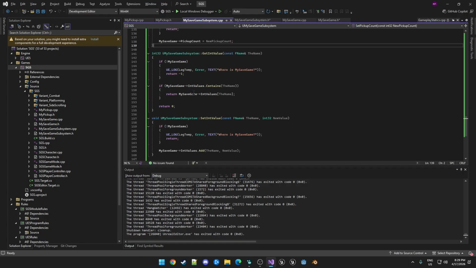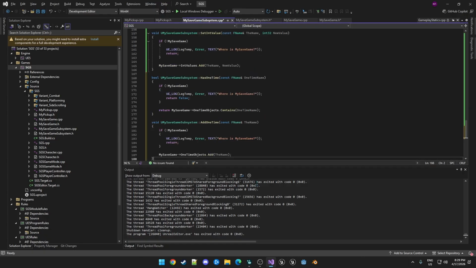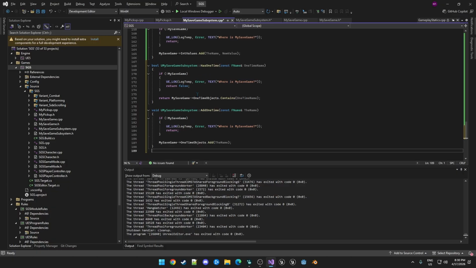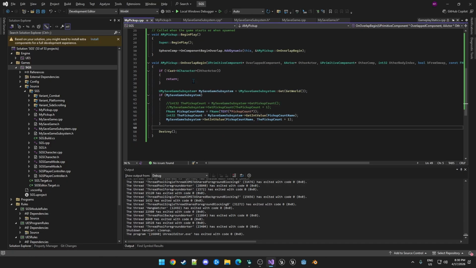The functions for these things are also fairly simple. They both, of course, start with checking to make sure that my save game is valid. In the case of HasOneTime, it's just checking that array and calling, is it contained, or does it contain the one time name? And for AddOneTime, we're just calling Add and sending in the name. Very simple. To make this work, in our MyPickup here,